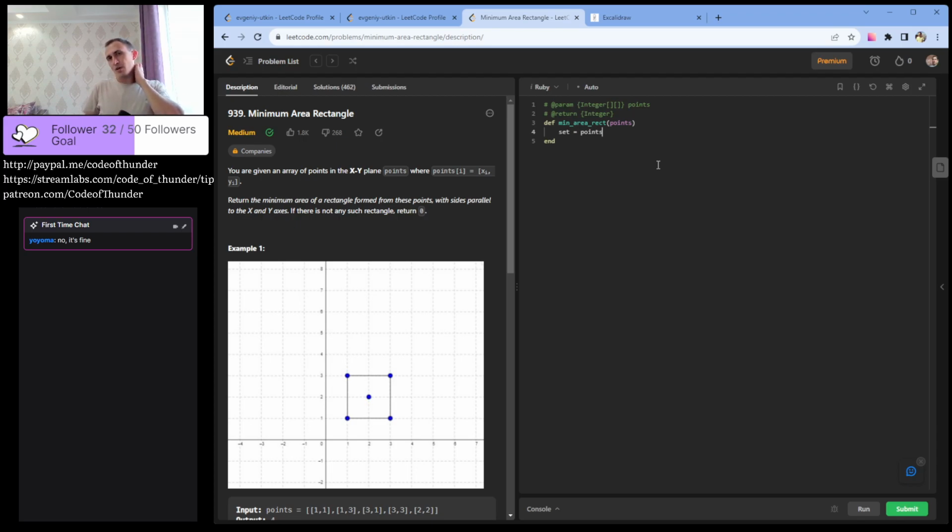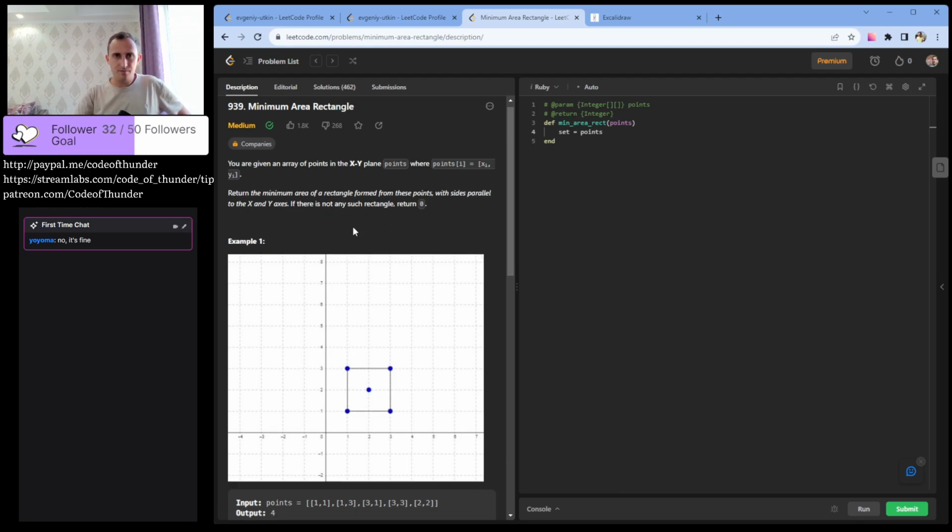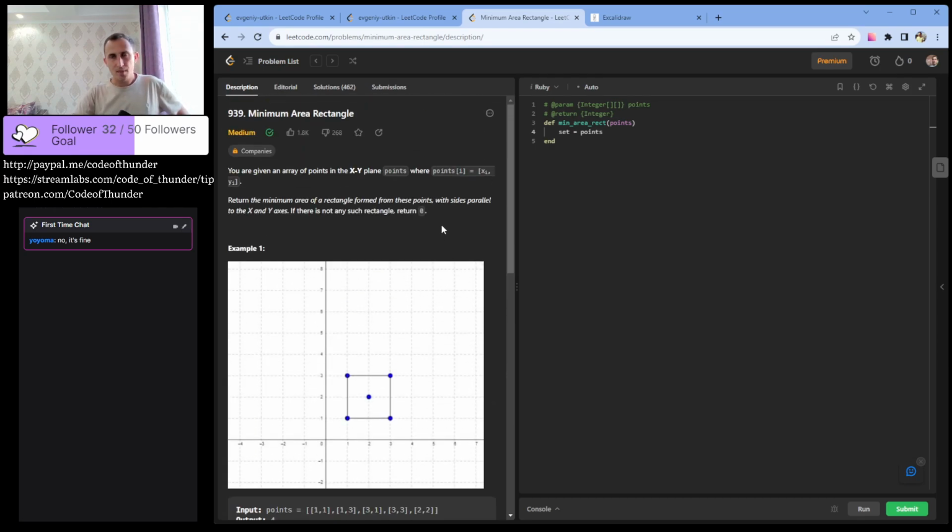Set has every element only once, but that's not why we want it, because we have unique points. From set we can take any element in big O of 1, just like a key from a hash, you see? So let's turn points to set,